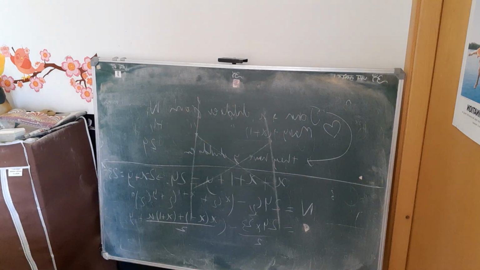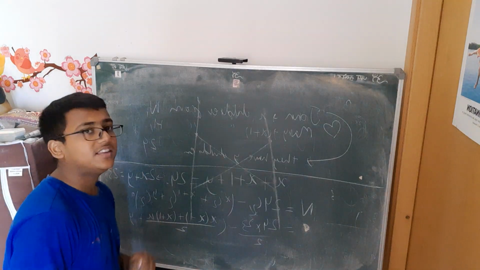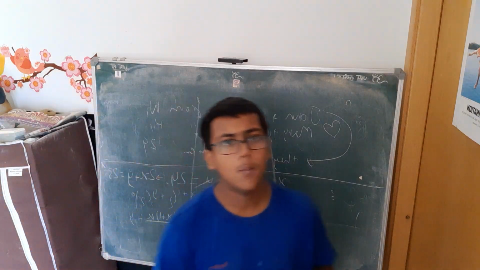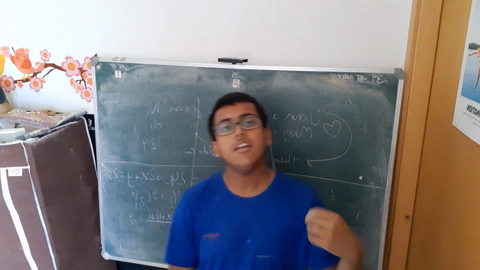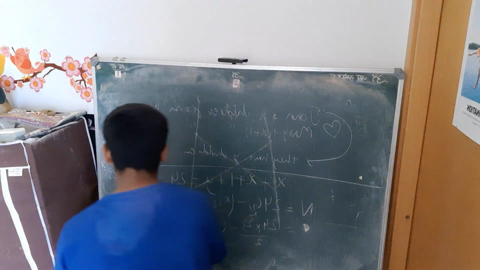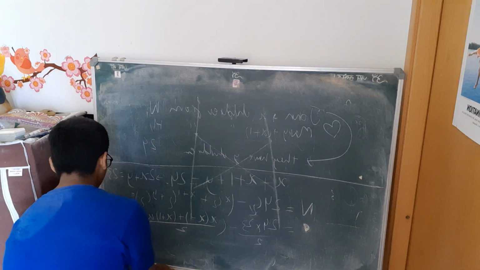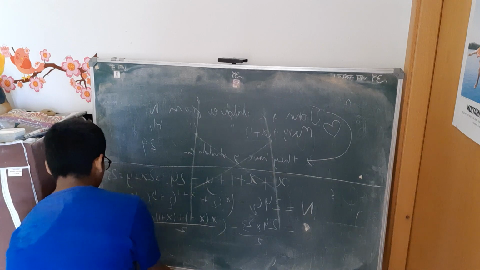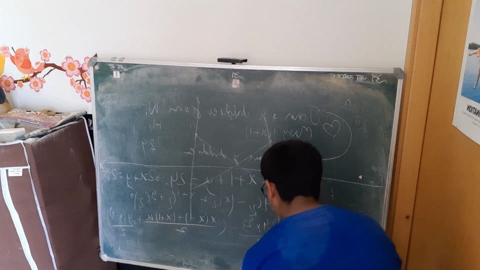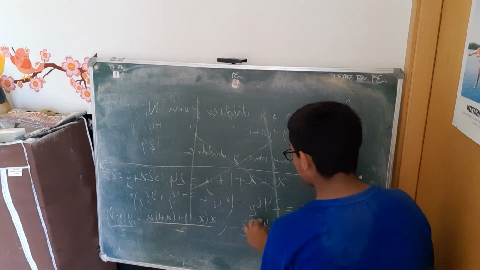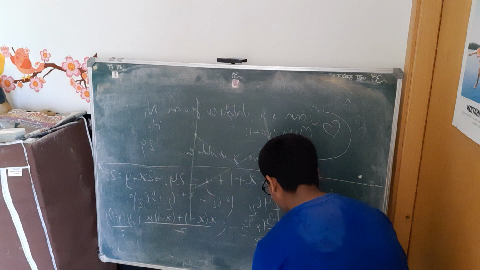yC2 can actually be written as y factorial by (y minus 2) factorial into 2 factorial, and that we can write as y into (y minus 1) by 2, right? At the end of this, what we can get is 24 into 23 by 2. If we subtract 12 and 23, then we will get 276